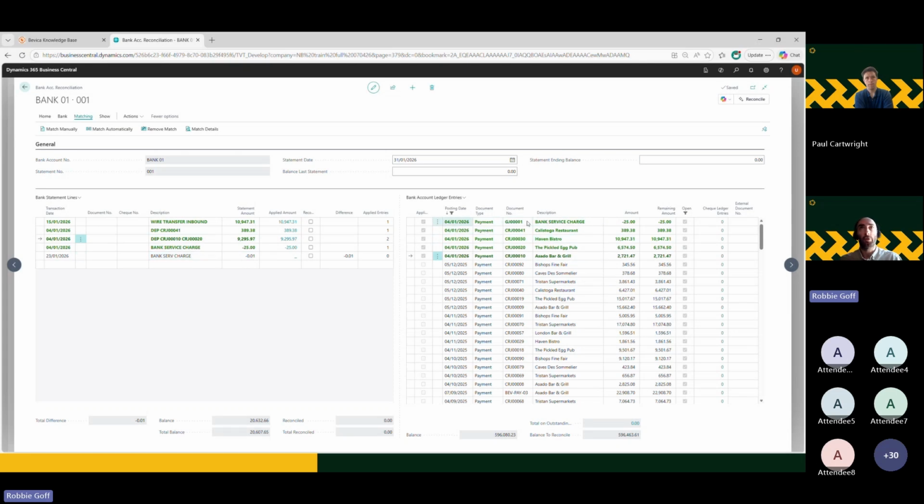The final thing that it's missed is this bank service charge of 1 penny, because there's no related bank account ledger entry record for it over here. And that is where this Copilot post difference to GL account is. So if we run that,